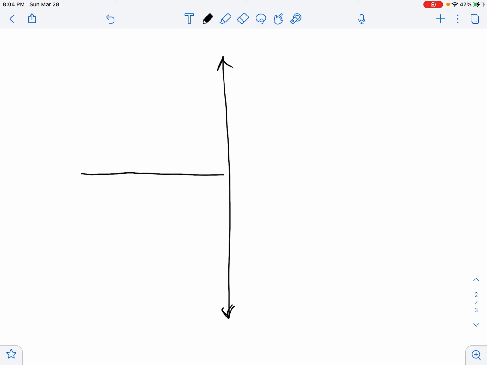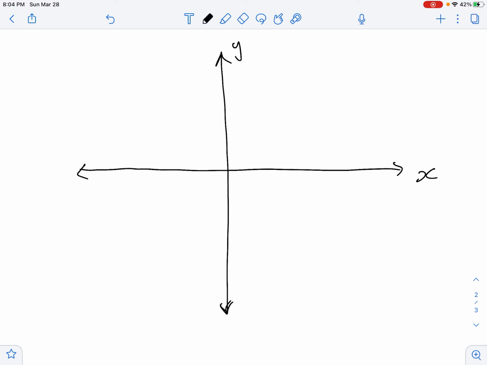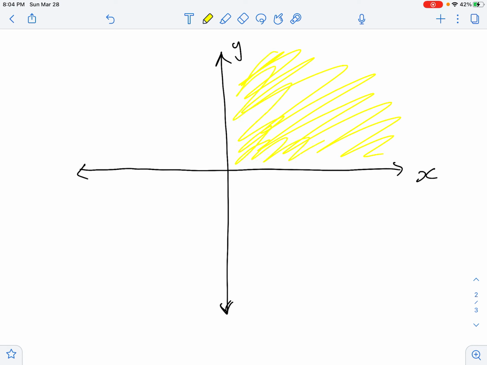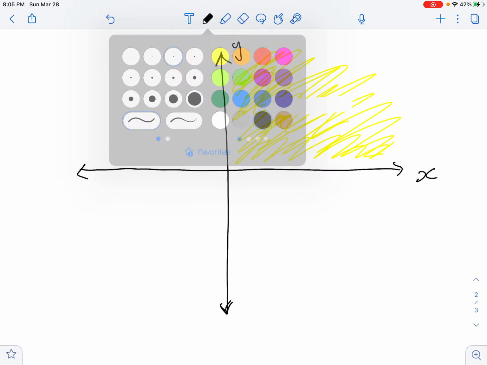So again, if here is my x and y axis, then there are 4 parts to this, and I'll put them in 4 different colors. The first one I'll do in yellow. This section over here, right in between, is bound between the x and the y. All of that section right there is referred to as quadrant